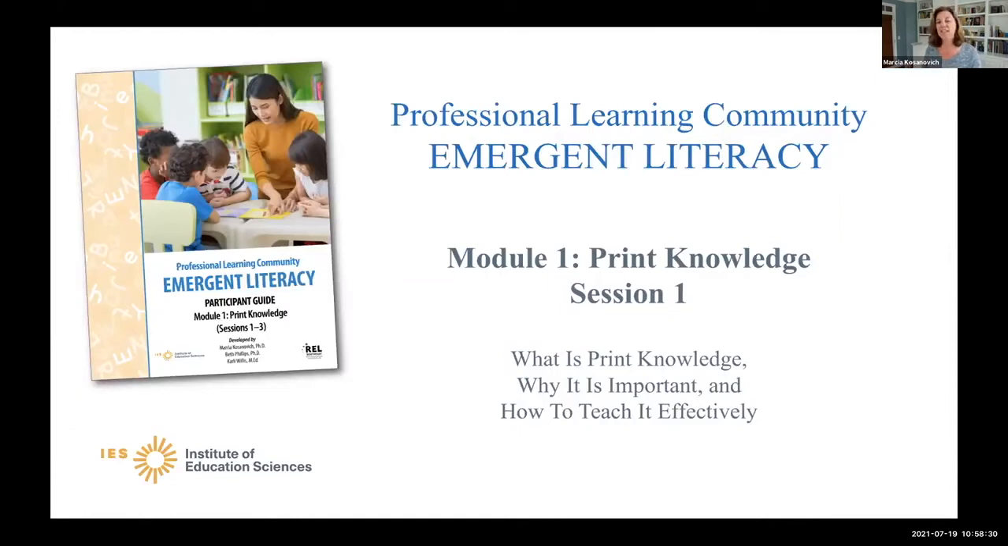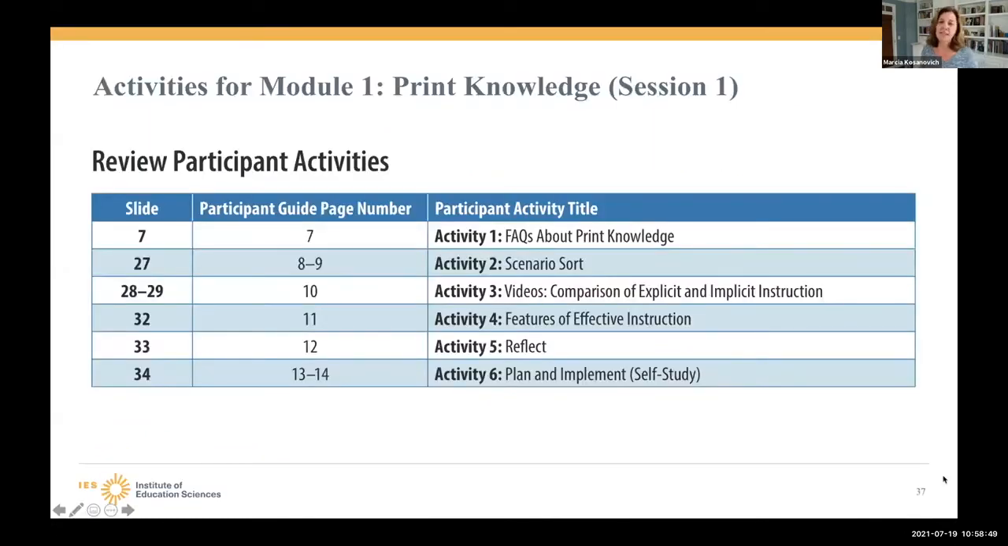All right, all 3 sessions for Module 1 are included in one PowerPoint presentation. Each session begins with a slide that looks like this. And then the facilitator will say, welcome and thank you for participating in our professional learning community on emergent literacy. Today, we'll meet for 90 minutes and begin Module 1 Print Knowledge. Some slides are just for you as a facilitator. So now I'm talking to you as a facilitator. So like this slide,